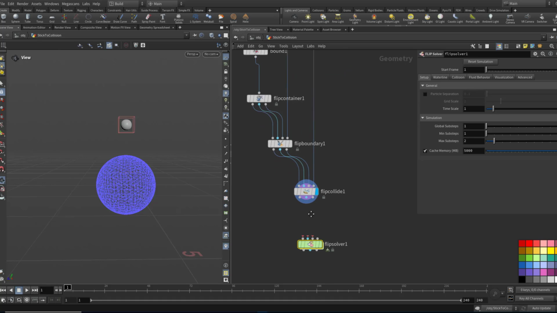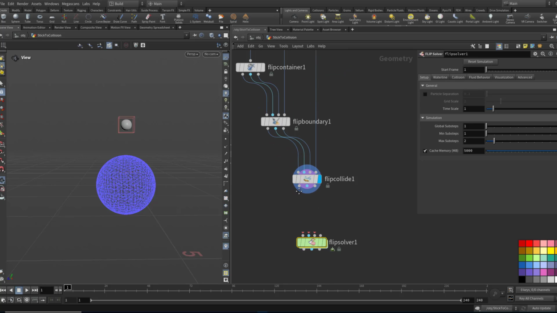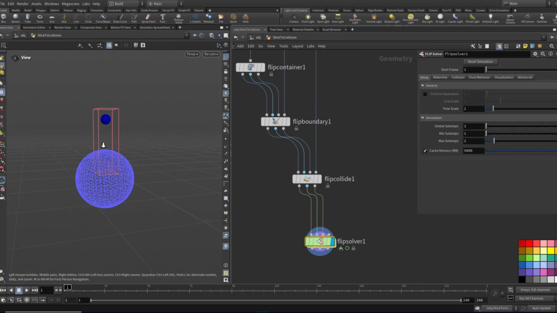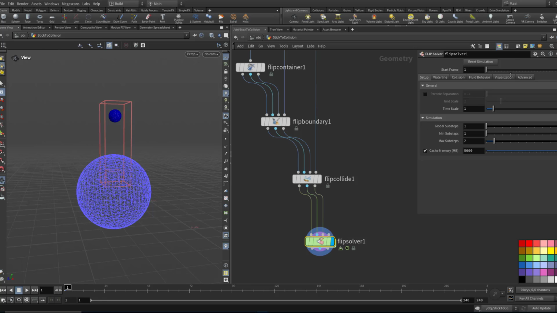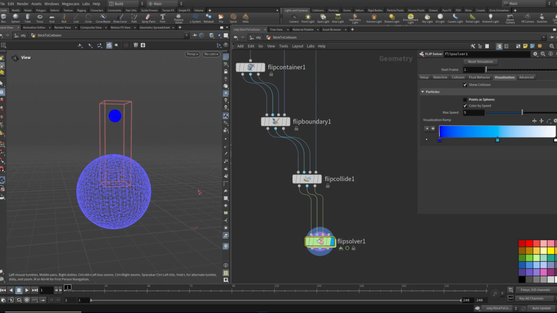Actually, a quick way to connect these is if you hold down Shift, and keeping Shift pressed, click on each of these pins, 1, 2, 3, the outputs. You can left click on the bottom here and you'll see it connects all three at the same time. It's a quick way of doing it. So there we go. We've got our solver and everything in here. I like to change the visualization to points. Press play, see it